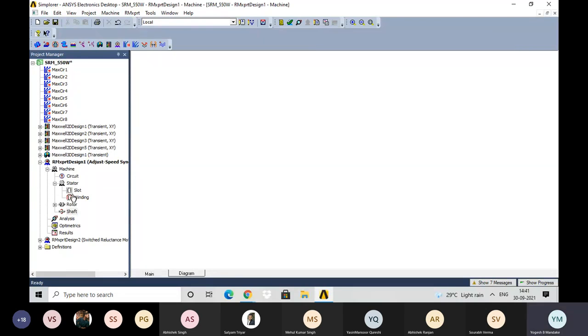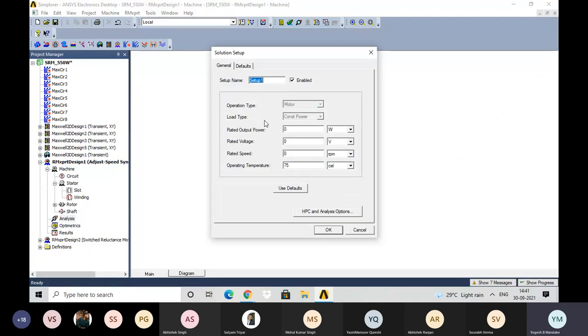Once you give all these parameters as input, then you need to analyze. You need to do the analysis of your design. In case of the analysis, if you right click there, it will ask for the solution setup. So here you can select the solution setup. But until now, what do you know about the general machine parameters? If you want to purchase a machine, or if you want to use a particular machine for any application, mostly we should have an idea about basic parameters. Like what is the rating of that machine, power rating. For example, 1 HP. 1 HP means how much watt? 1 HP is equal to